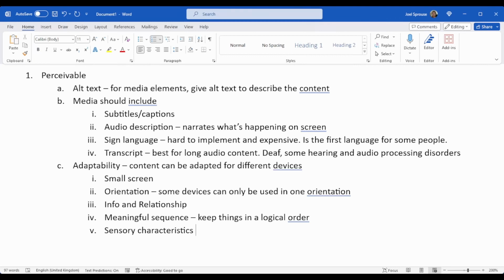So you shouldn't use a color to differentiate between things necessarily, or just one type of characteristic. You need to provide various methods or various ways of distinguishing different aspects from each other.